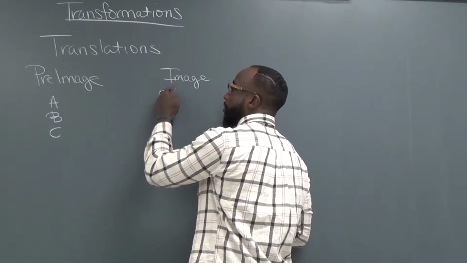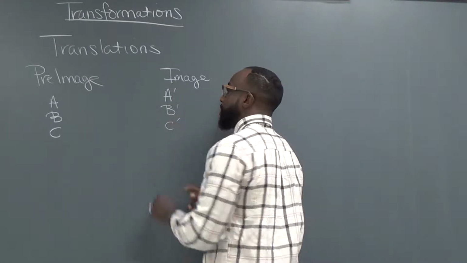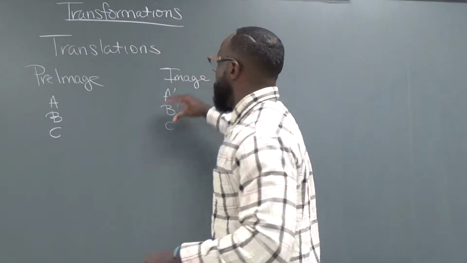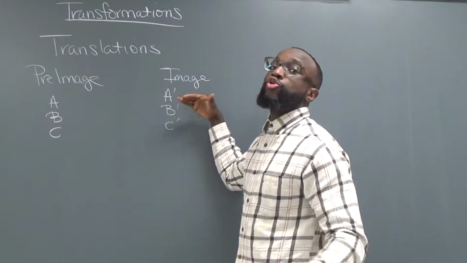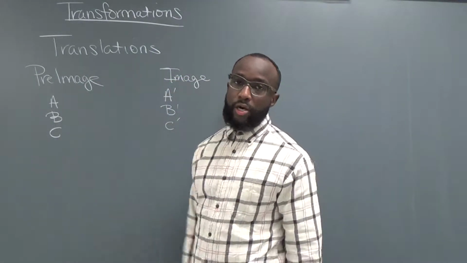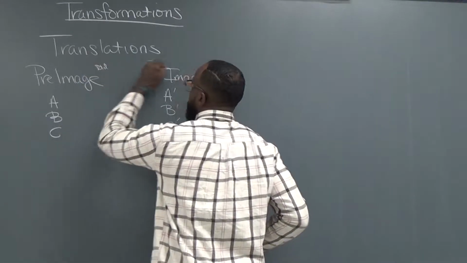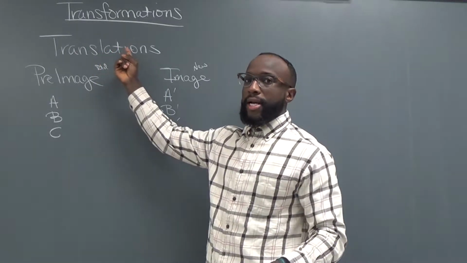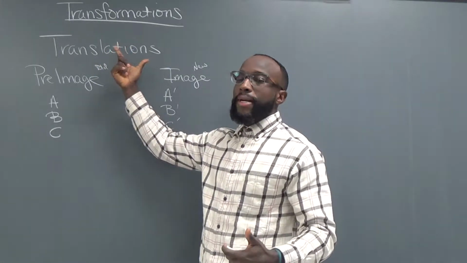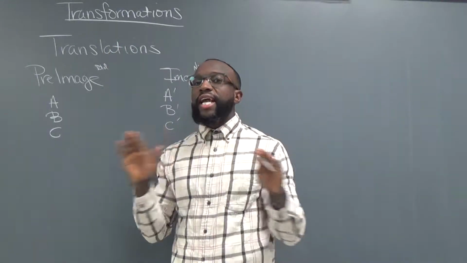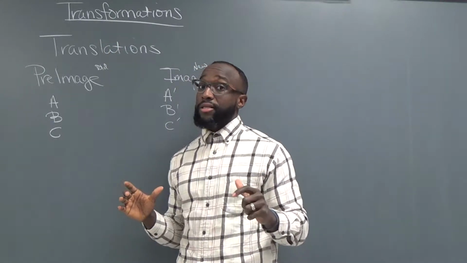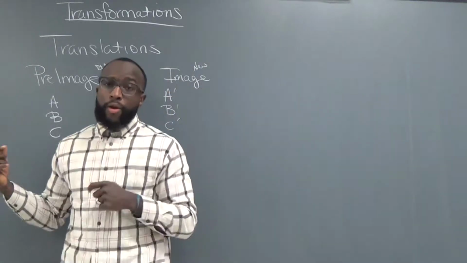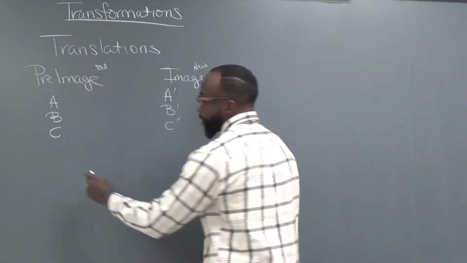And its vertices are known as A prime, B prime, and C prime. So anytime you see this mark here, it's referring to the second point, or the second figure, right? The new figure, right? Image is new, pre is old, right? Old, new, right? So what makes it a translation is the fact that nothing else changes in the figure except its position, right? And so, because only its position changes, which means it moves from one point to the other point, it is known as an